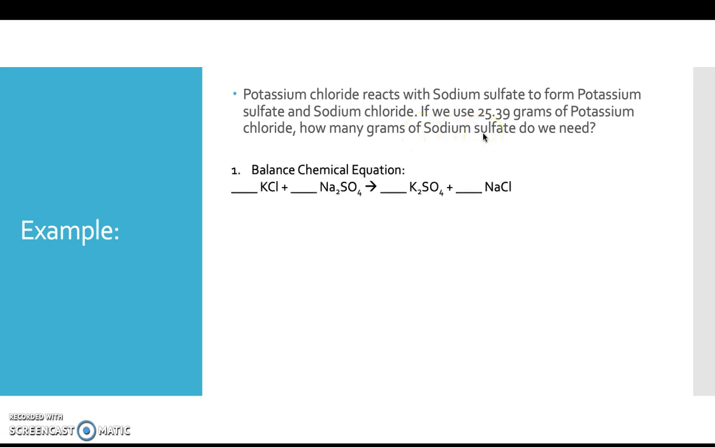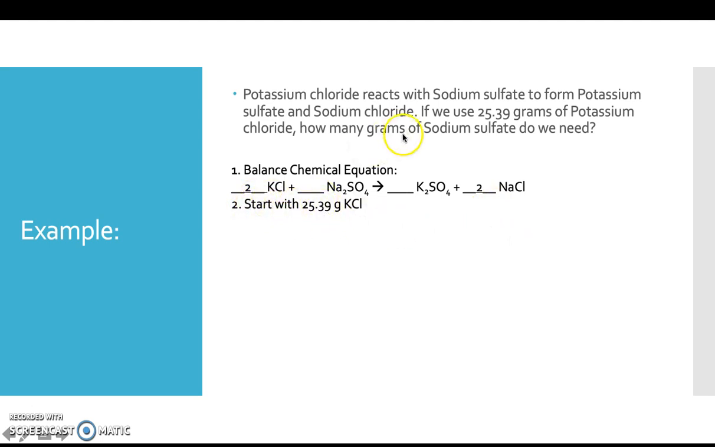So let's start by setting up our balanced chemical equation. I crisscrossed my charges here. I had K, and I ended up with KCl, potassium chloride, plus Na2SO4, that's sodium sulfate, and it makes K2SO4, which is potassium sulfate, plus NaCl, sodium chloride. Okay, I've got to go ahead and balance that. I get a 2 in front of the KCl, 2 in front of the NaCl, and then I'm going to